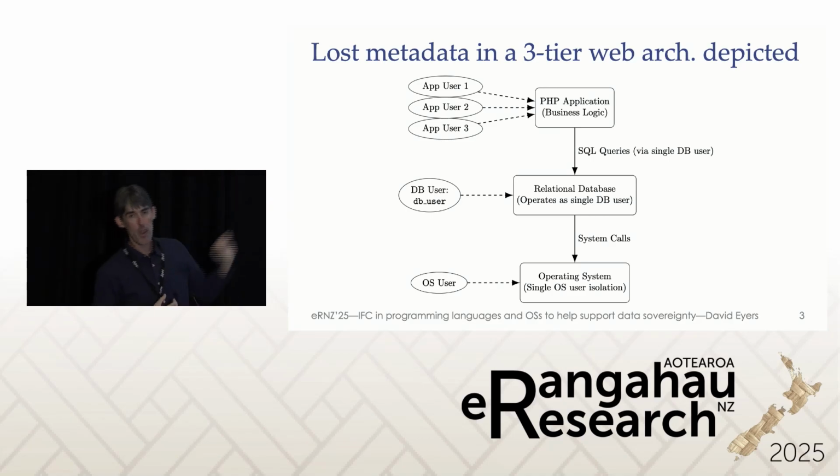Even by the time you start hitting the relational database that's doing the storage of the data from your PHP application, that gets compressed down to a single user. The PHP application has a user, it accesses the database, and you've totally lost the fact that there were these 3 application users at the top level. That process repeats itself when, often, not always, but often, the relational database system talks to the operating system. The relational database has a notion of different users in its database management, but the operating system doesn't see that. So at each level of this picture, you're getting this opaque representation of the concerns of the layer above.